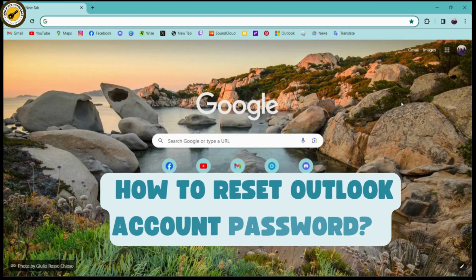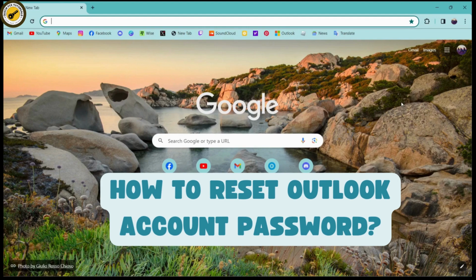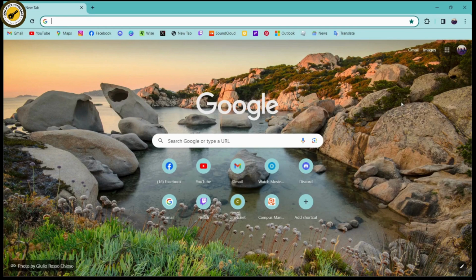How to reset Outlook account password. So if you want to reset your Outlook account password, then first you need to open up a browser, any